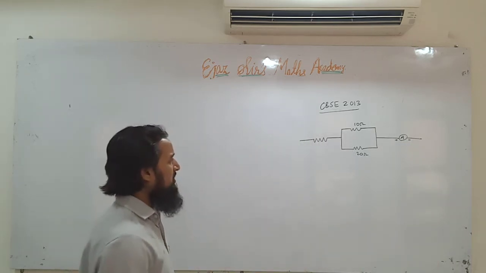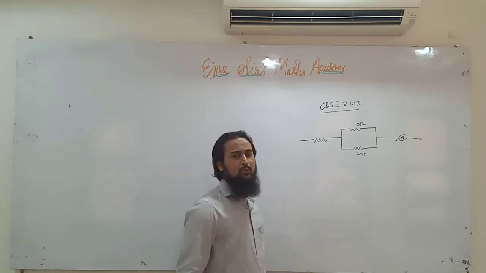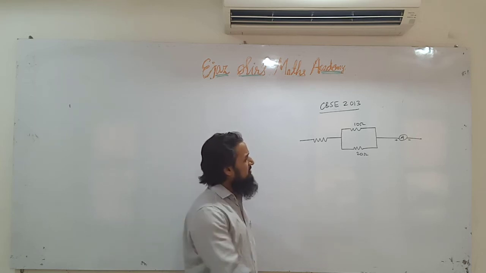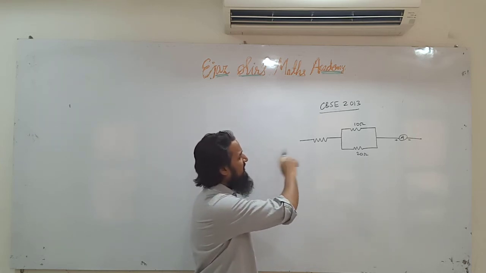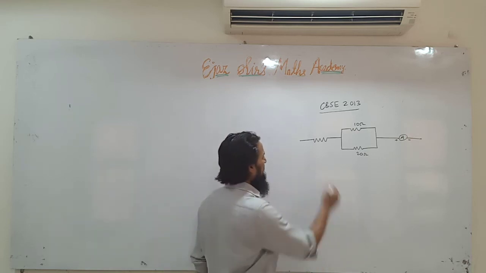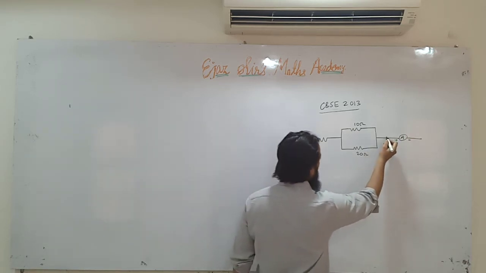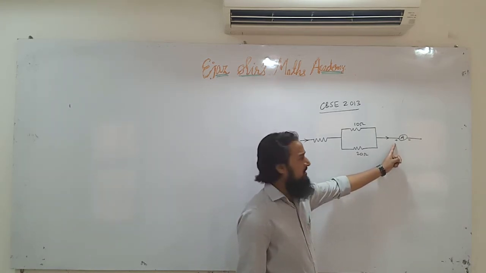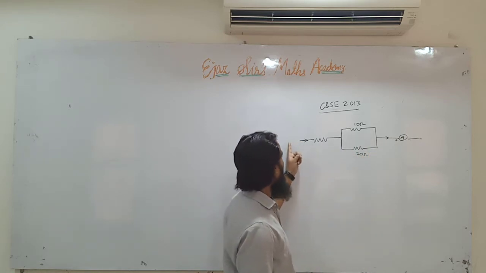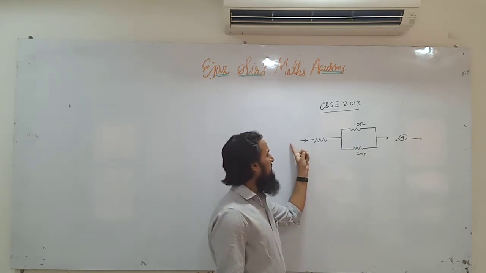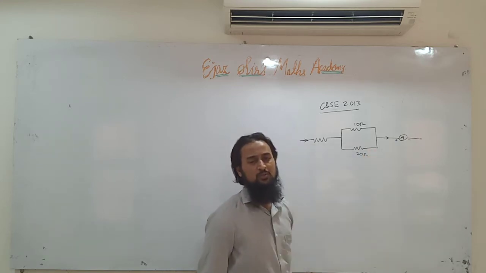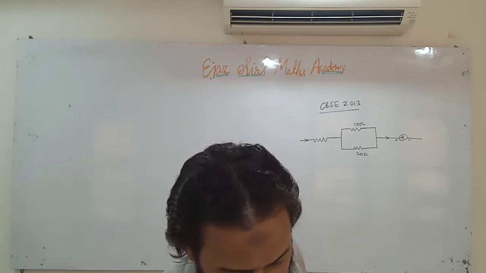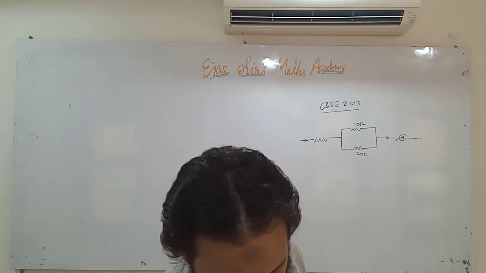Can you find out the direction of the current? Can you put an arrow over it? Which direction should the arrow follow? From right to left or from left to right? The direction of the current will be like this. Ask me why. Because they have given the positive terminal of the ammeter here, it means the positive terminal of the battery also must be here. Since the positive terminal of the battery is here, the current will flow from positive to negative, conventional current. Okay, and what? Find the currents through 10 ohm and 20 ohm resistor.